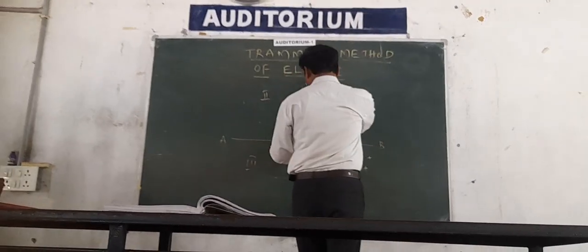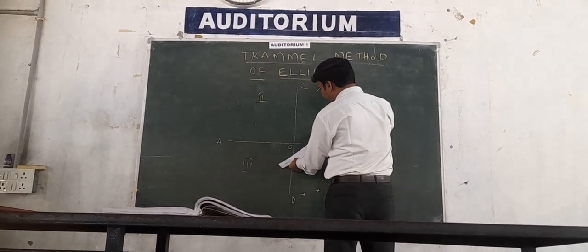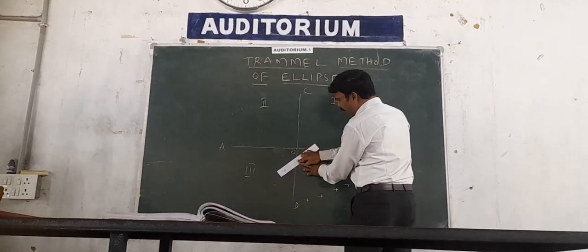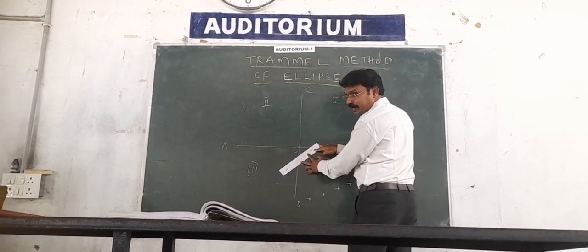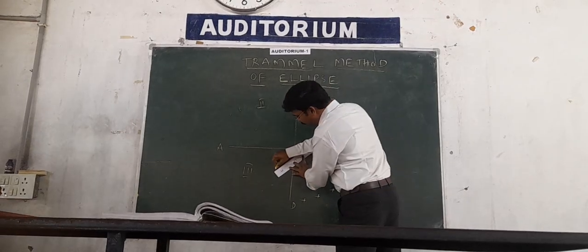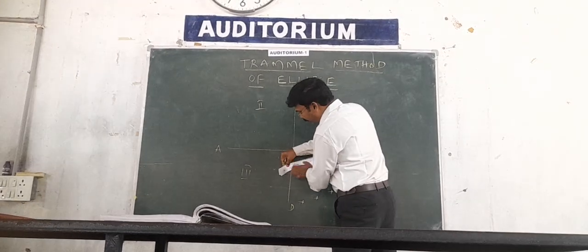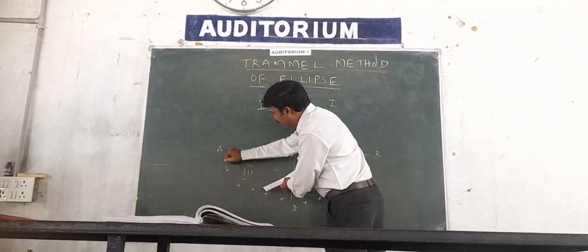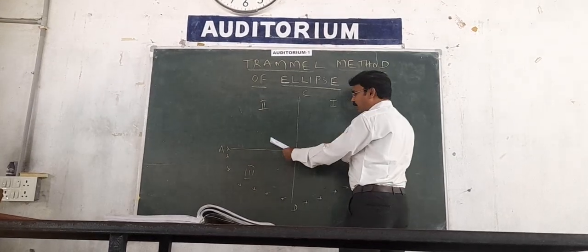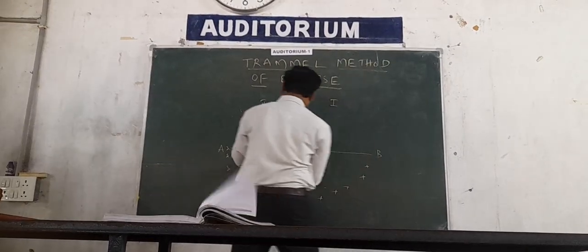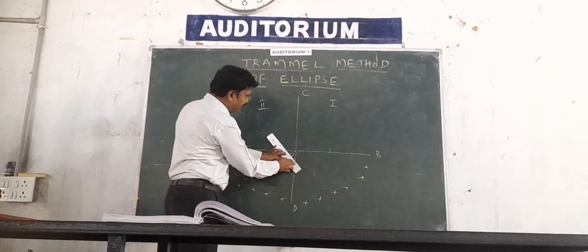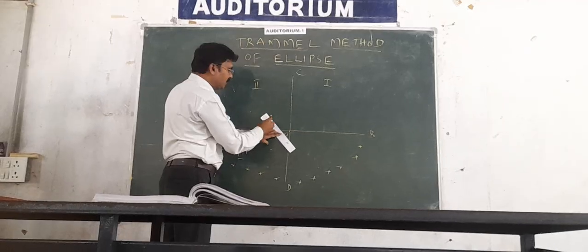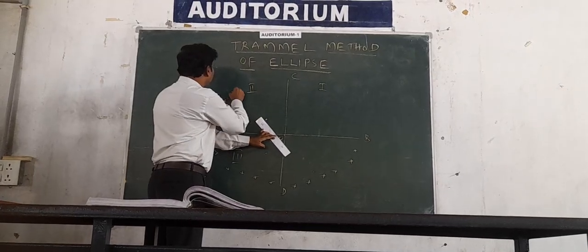Now rotate this one again. I rotated this. L is on the minor axis, N is on the major axis. M is your point. You will get a point here. If you rotate this one, you will get another point. Again, I am rotating this for the second quadrant. N is on the minor axis, L is on the major axis. M is your point. You will get another point by rotating.